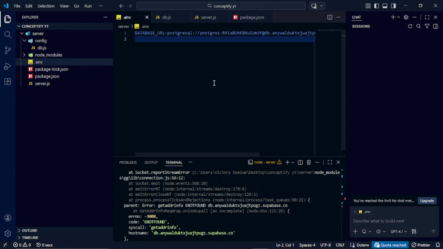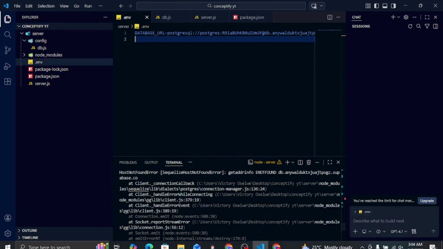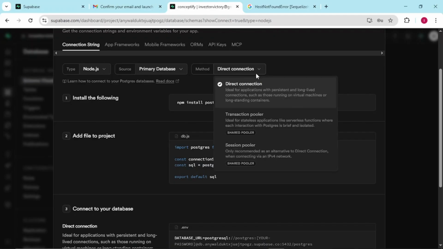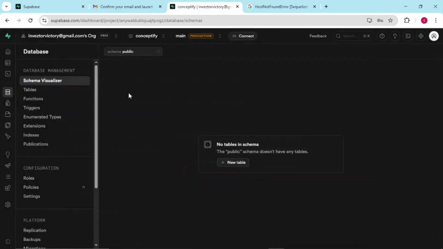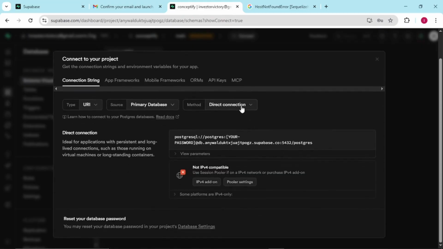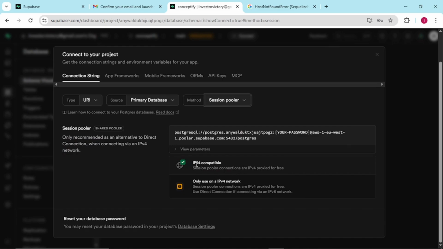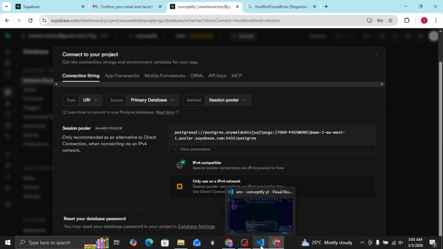If yours does work fine, you don't need to do this next step. But if you have the same error as me that you can see on the screen right now, you don't need to panic. Just go back to your Supabase account. You click on this direct connection over here. Let me come over to your Supabase account, click on database, connect, and you see this direct connection over here. Change it to session pooler. And now once you've changed it to session pooler, you can see IPv4 compatible right now. So what we need to do is copy this very link and come back to